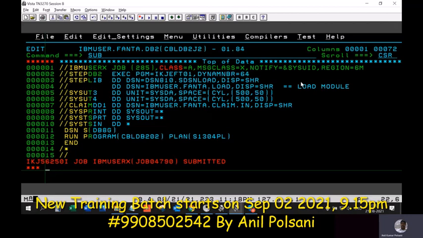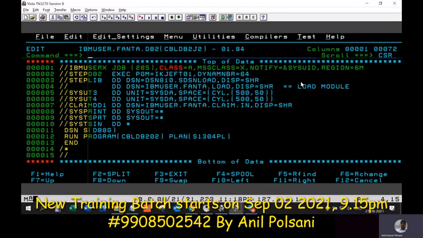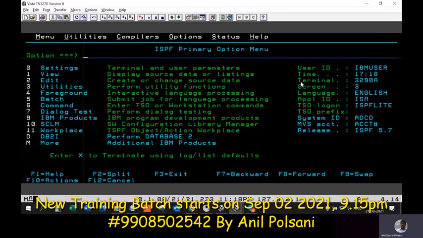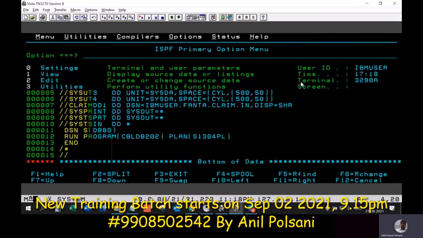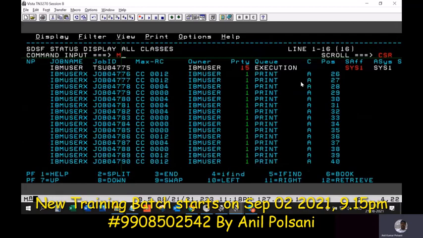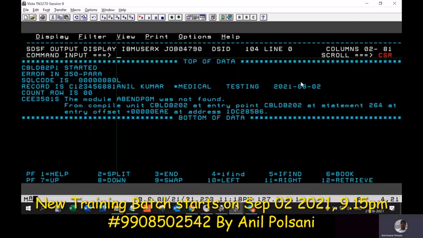You'll get an error because the other two records have already been inserted, so the table will have duplicates if you don't change it. We end up with an error in the run, and that specific error is the duplicate one. So here it is: minus 803.